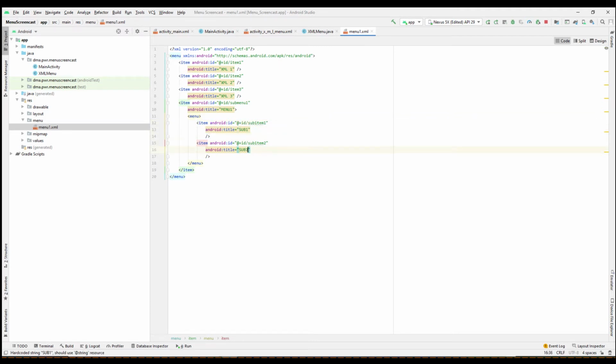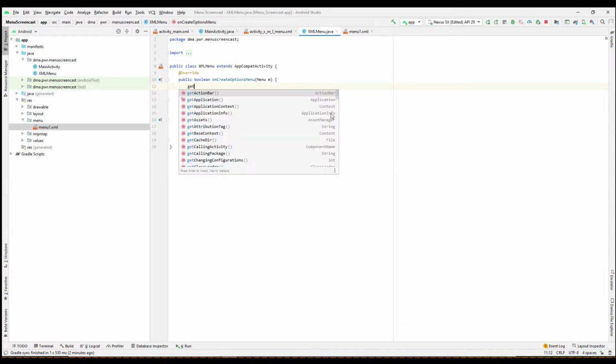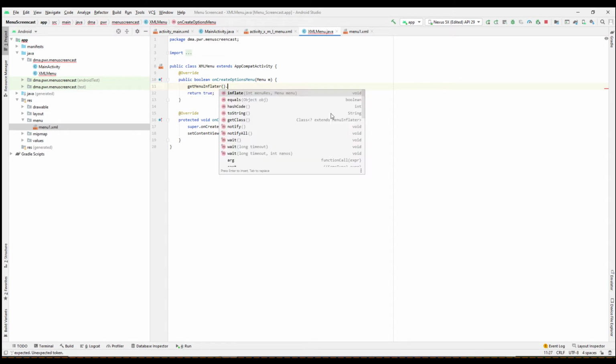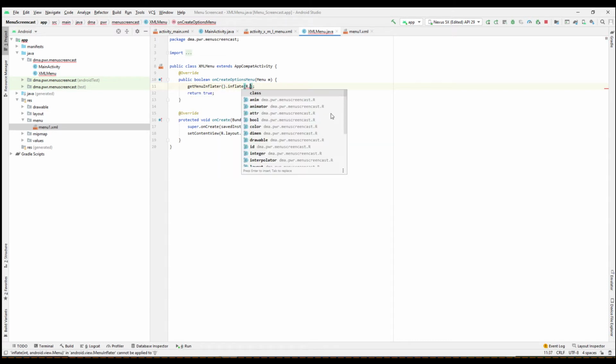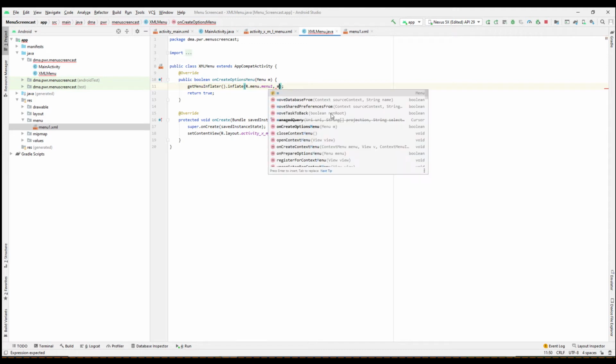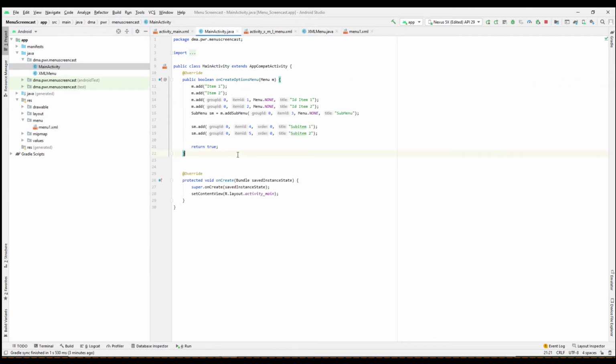This one, and then we have sub 2 here. Right, so we have those titles, and now what we need to do here is use this menu. To do that, we need to get a menu inflator and inflate the menu, our menu 1, and the other thing, our parameter is the menu we're going to use, and this is the m. Okay, so now we need to open that somehow, and to open that we're gonna use one of these items,